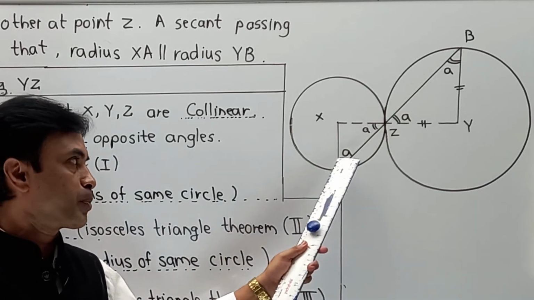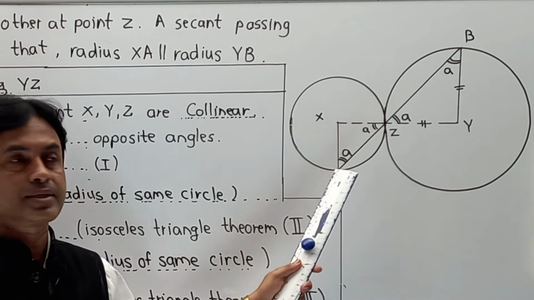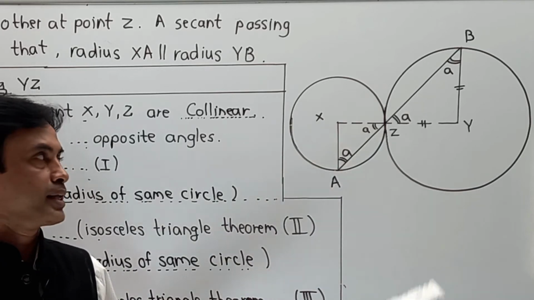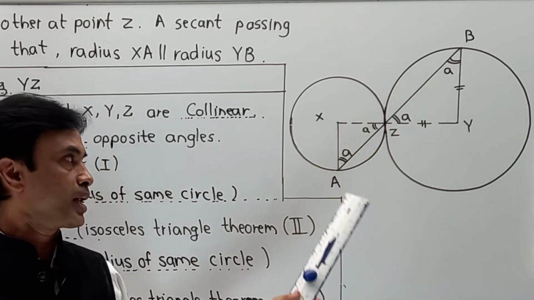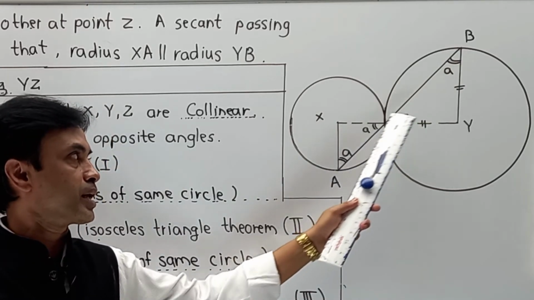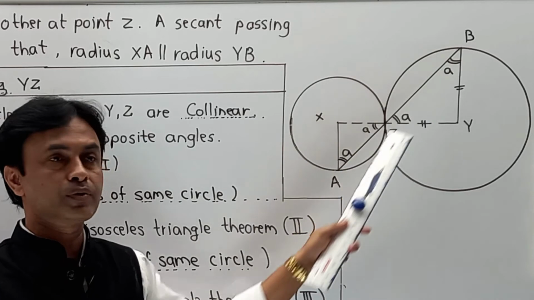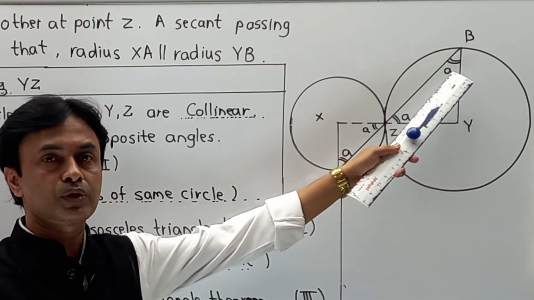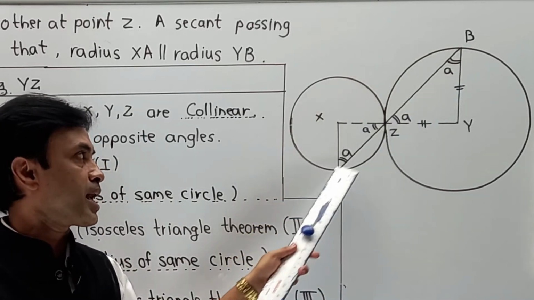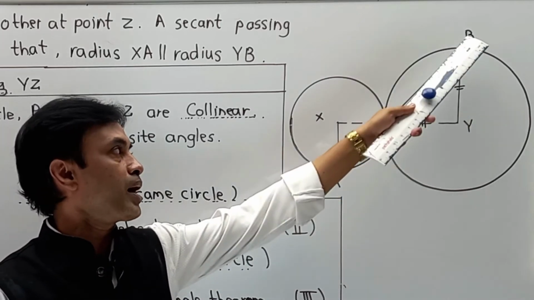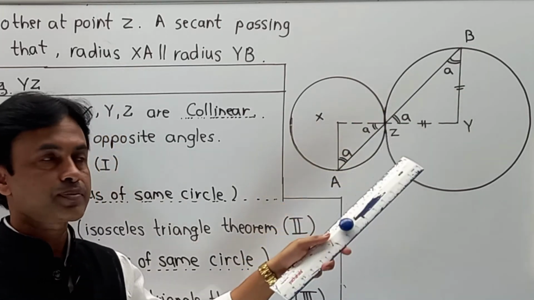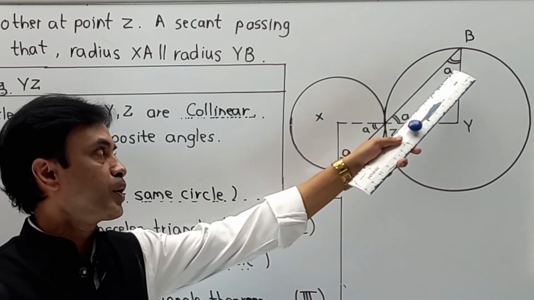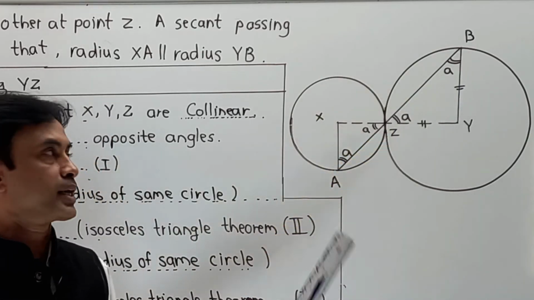In the second part we have proved A equal to A, this is nothing but an isosceles triangle. And in the third equation again we are able to prove A equal to A. Naturally first is equal to second, second equal to third, and third equal to fourth. We can say that first equal to fourth, means angle XAZ is equal to angle YBZ. Naturally this A equal to A, these become automatically alternate angles.